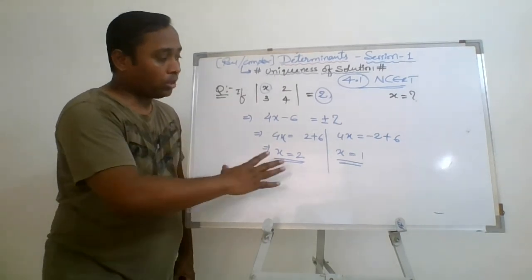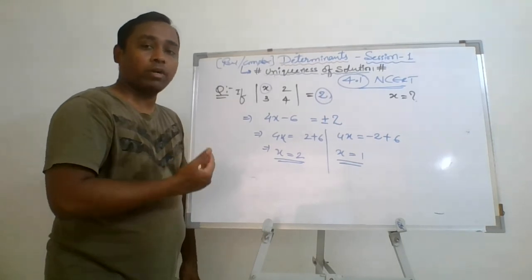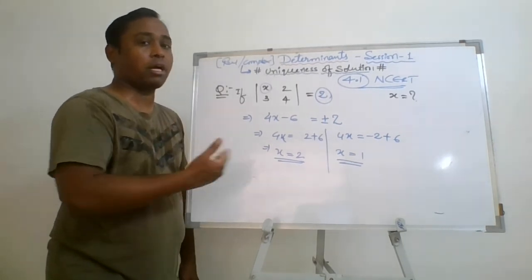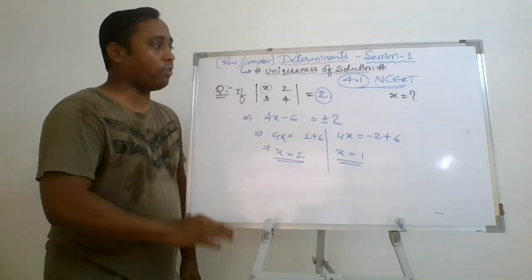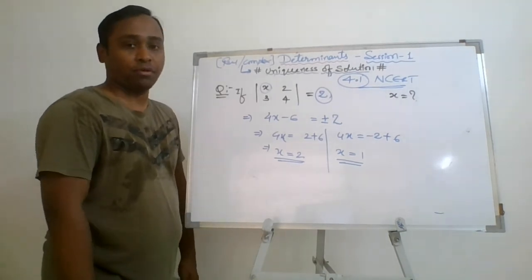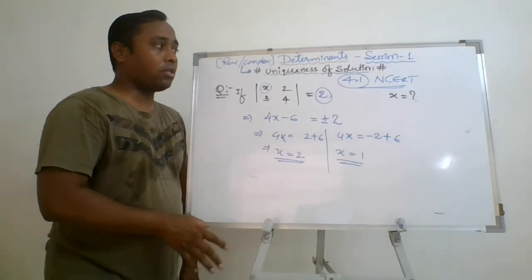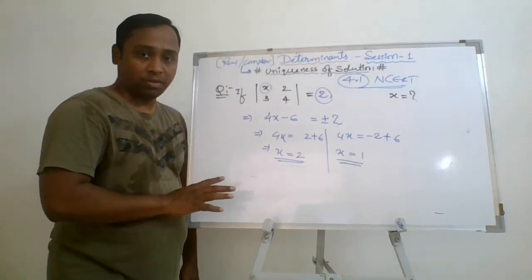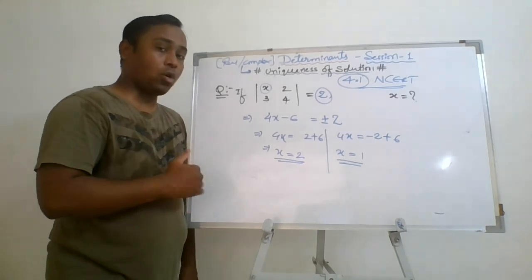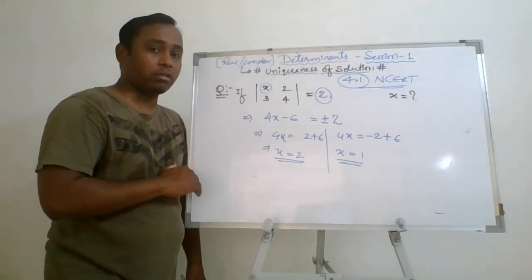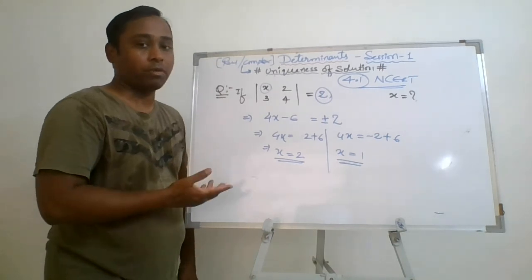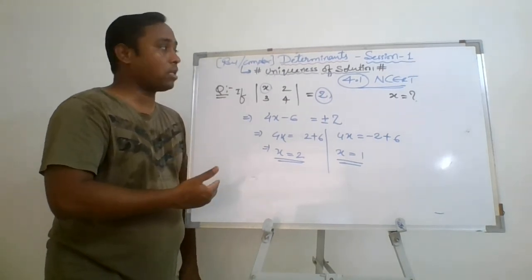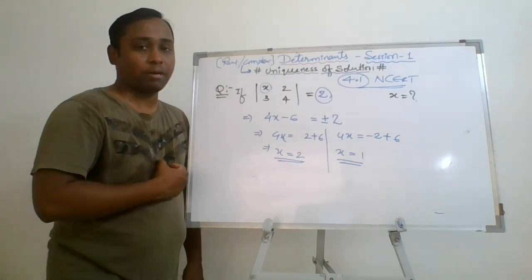If you are thorough in this, definitely you will be able to understand the properties of determinants, and you may use these determinant concepts in application based questions, which are very important from the board point of view. From this chapter, one 4 mark question must be there, and one 6 mark question must be there. Apart from this, they may also frame objective type questions, basically 1 mark and 2 mark questions. Many 1 mark questions are possible from this chapter.